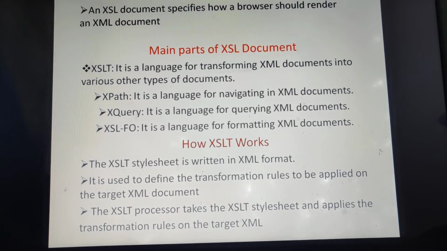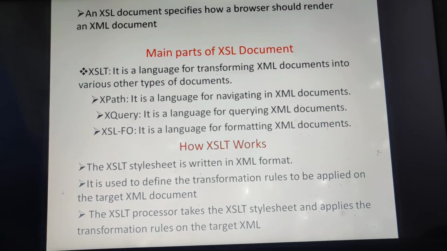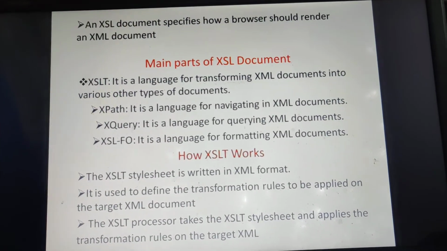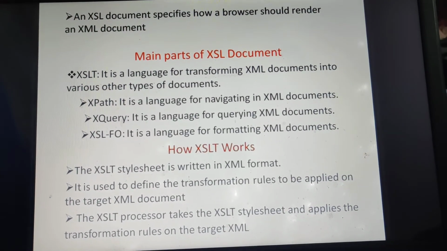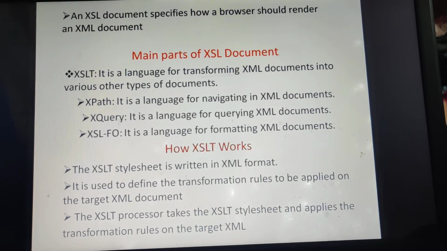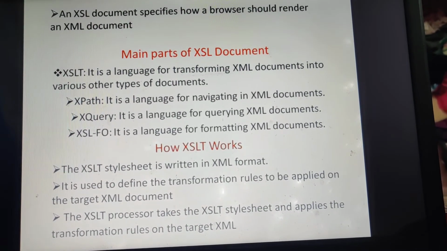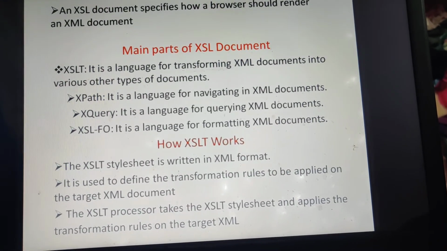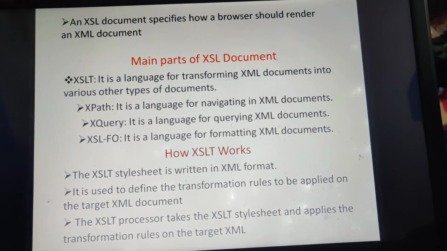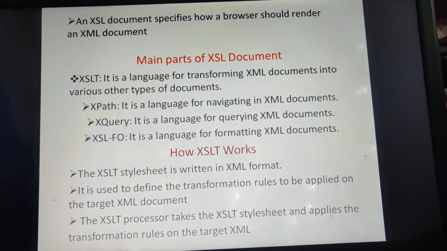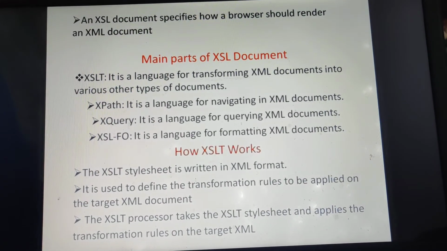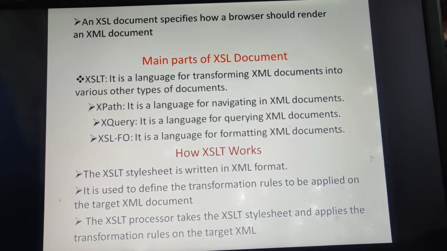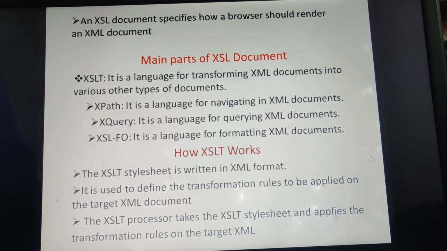In a similar way, we create an XSL with some styles and impose those styles on the XML document. In HTML we use a link field to link the external CSS, but with XML we have the XSLT processor, which identifies the XSL document and makes the styles apply to the XML document.